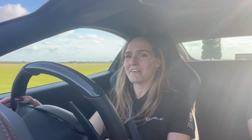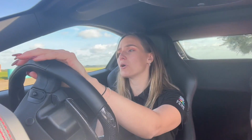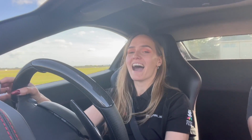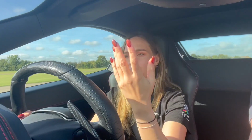Obviously we're in a Ferrari, every car has their negatives, and unfortunately things with a supercar like this is the usability. Now, they have made it so you can daily it a lot easier than maybe some of the predecessors, but do you really want to be leaving your Ferrari 458 in Tesco's supermarket car park? I think not. So again, we've got that beautiful prancing horse on the front, but you do pay such a